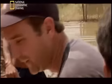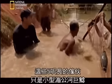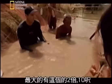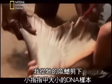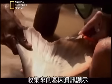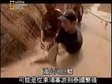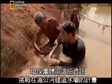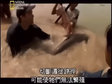You should tell me when he's going to do that. These 5-footers are small by Mekong catfish standards. The largest grow up to twice this size, 10 feet. Just getting a pinky nail size DNA sample by clipping its fin. Gathering genetic information like this suggested that Mekong giant catfish might travel from Cambodia to spawn in Thailand. This information led environmental groups to challenge the plans to dam the Mekong River. Cutting off their migration route might mean they could no longer reproduce, and the species